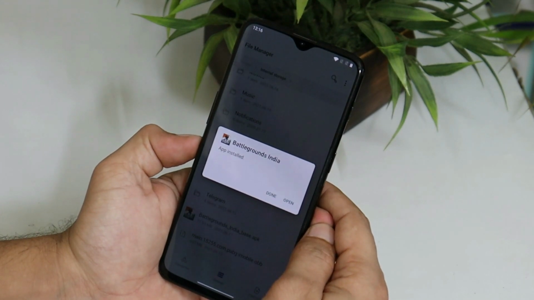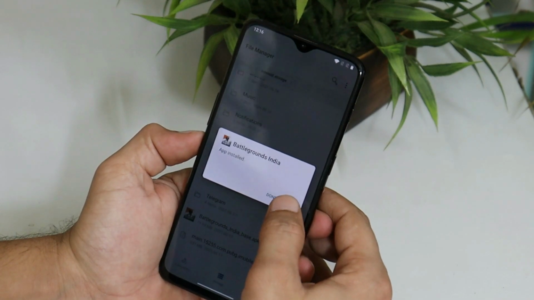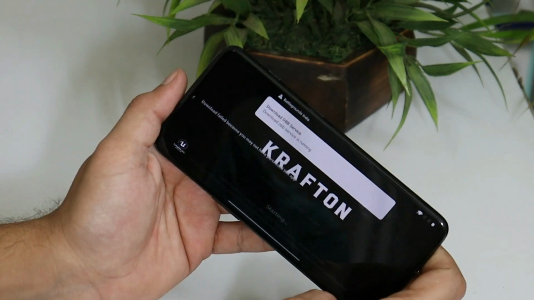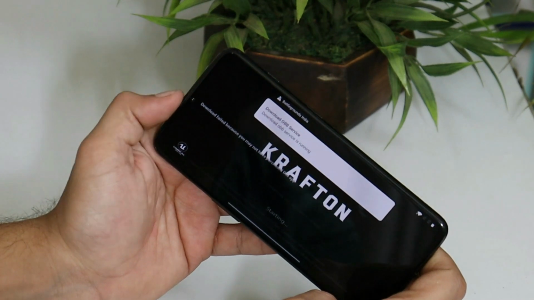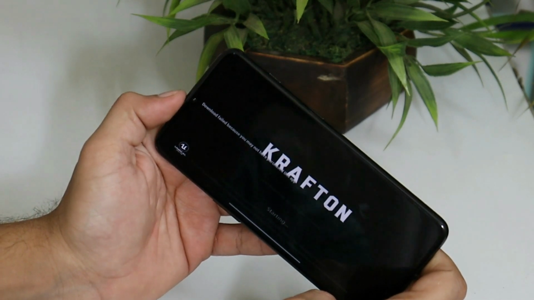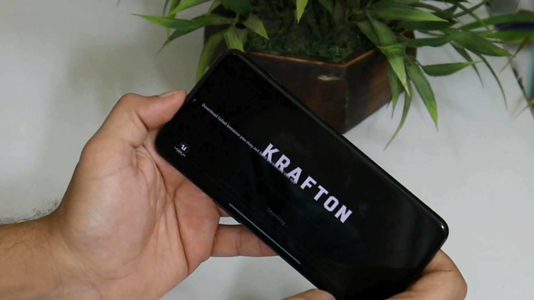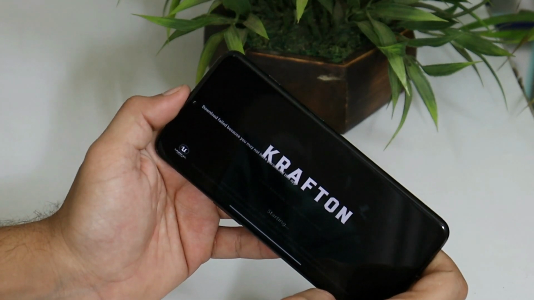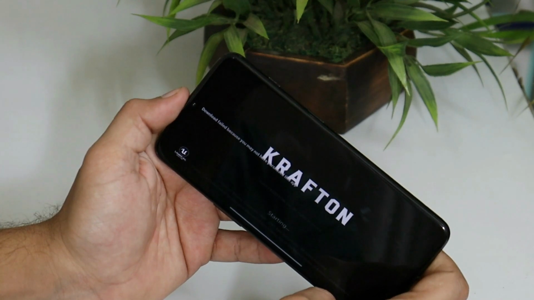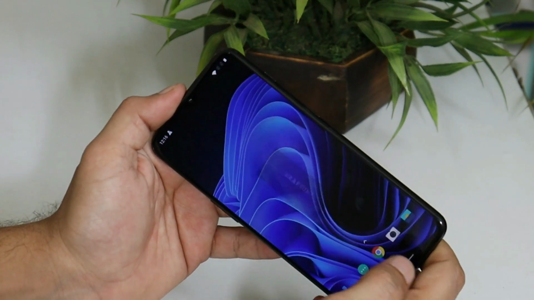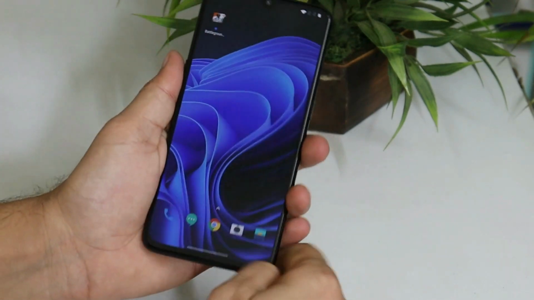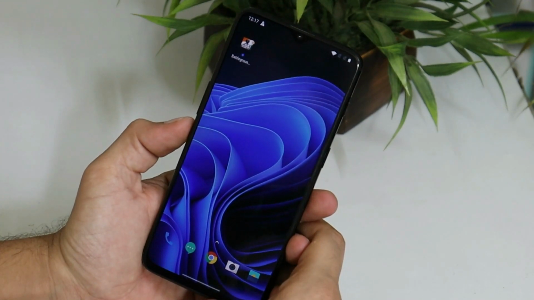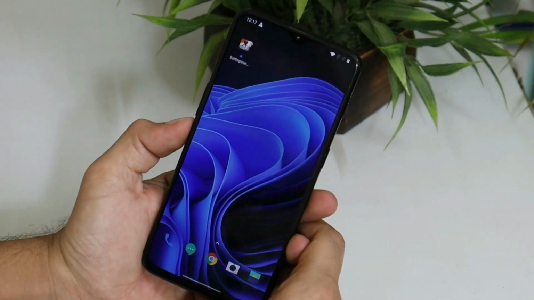So after installing the APK of Battlegrounds Mobile India, the game wasn't able to connect to the server. Let me show you that. And here you can see you'll get an error, downloading failed because you may have not purchased the app. So this was the error people were getting after installing the APK, because the game is not able to connect to the server. But for this, you can download the OBB file from the description below. I'll provide the OBB file in the description below and we'll show you where to place that file.